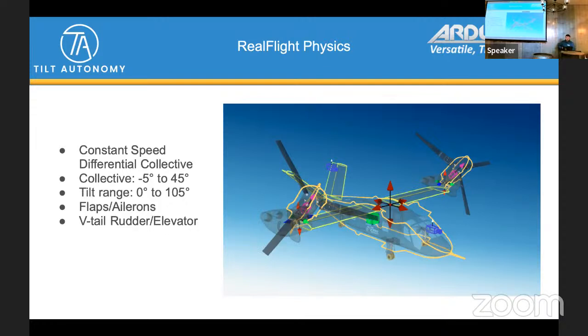Flaps and ailerons. The flaps are a big part of this kind of vehicle because you want to reduce the surface area, the planform area of the wing, as much as you can when the prop rotors are vertical. And so in the model, I have quite a bit of drop. I think it's like 65 to 80 degrees or so.